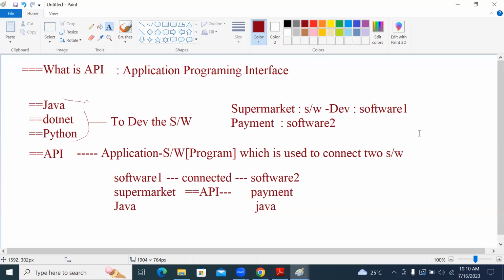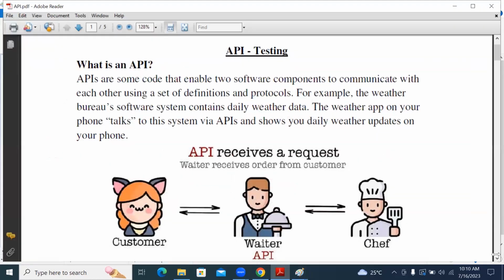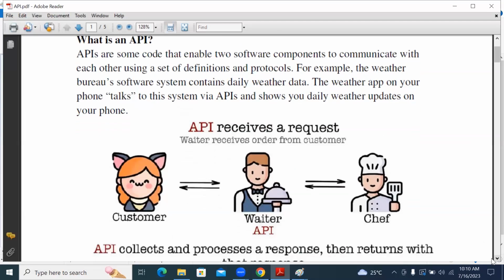Still, if you want to understand it with a very regular, common example, you can look at this particular diagram and understand very easily. If you know the restaurant well, most of the time you visit a restaurant. If you visit the restaurant, you are the customer.